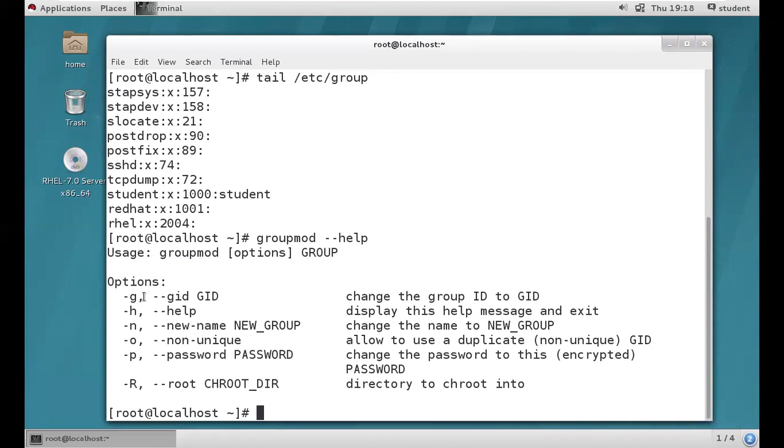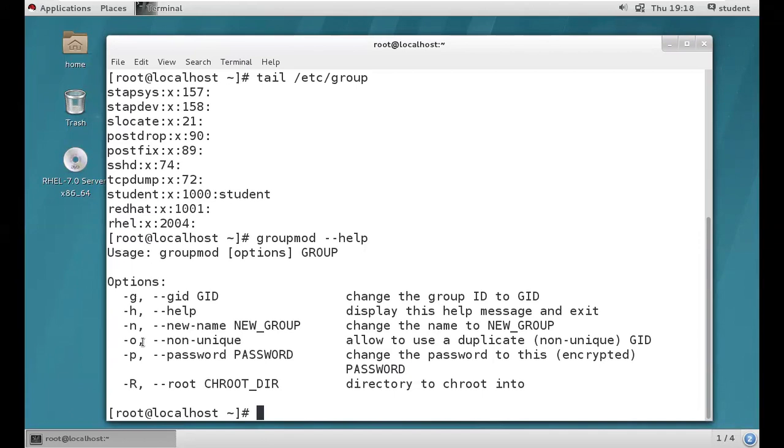So the primary group ID we change with the help of hyphen small g. Hyphen h is help. Hyphen n renames the group. In user we have the hyphen small l option to rename the user. In the same way, to rename a group we have the option hyphen small n. Hyphen o is non-unique. Non-unique means we are going to assign the same group ID to multiple groups.